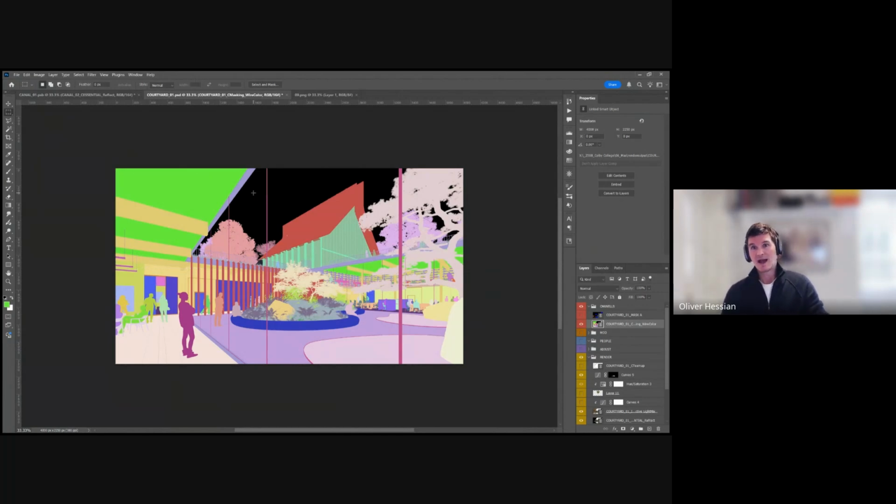So having something that is representative of your objects in a really flat way that is color coded should be possible from almost any software that you use. It's a very common industry standard. But being aware of it, setting it up, and then that being part of your process makes your life so much easier, because you do end up doing that cutting out within the scene manually. And if you're doing that kind of photo montage into line work, if you have a color blocked version of that, it just means that you can be very specific about where you're applying your materials, and then using the masks makes that